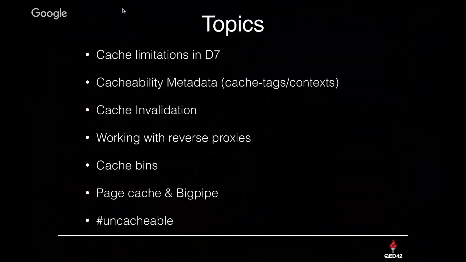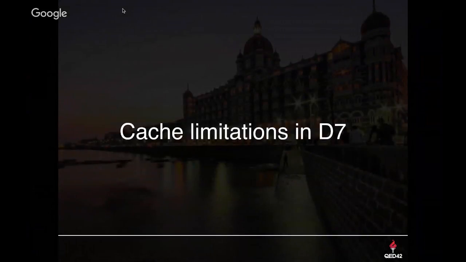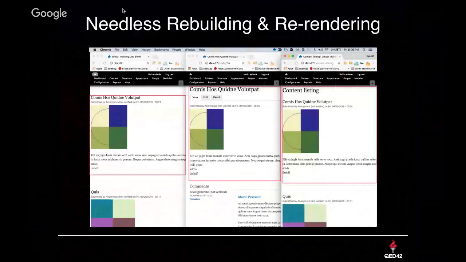Okay, so we're good to start. Let's start with the caching limitations in Drupal 7. The very first limitation was around rebuilding the content each and every time, even though it was not always needed. As you can see on the screen, the three screenshots show three different pages. The first one is the home page, the second one is a node page, and the third one is a view page. If you take a look at the area highlighted, it's rendering the same content. The same node is being rendered in three different places, right? But ideally, what should have been